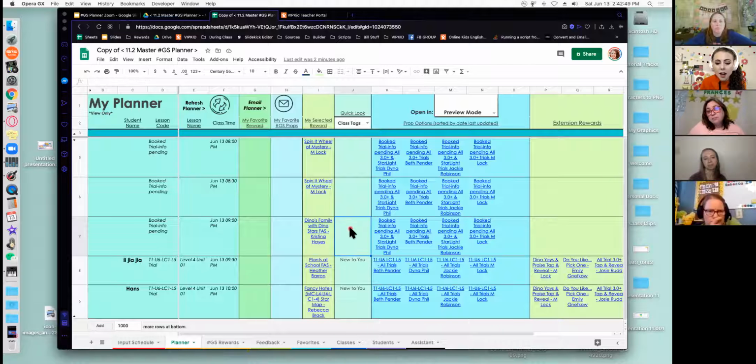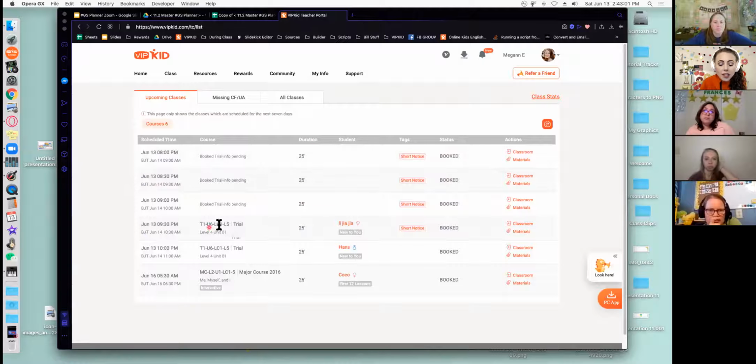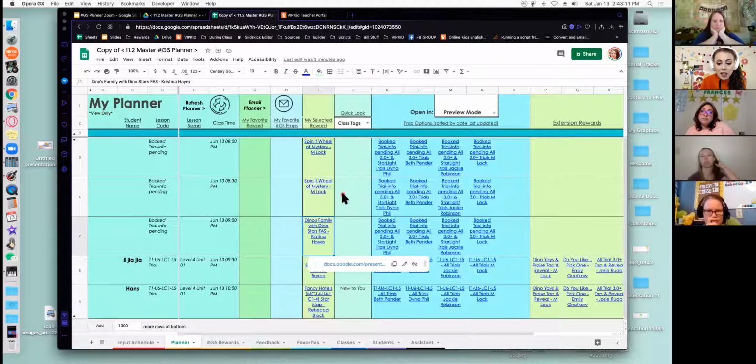So let's see, I've got my rewards selected. I've got my classes correct. Maybe it's 5 minutes before my classes start and I want to just really quickly scan over here and make sure that none of these lesson numbers have changed and compare it against what I have in my planner. And then everything looks good. Everything's matched. I'm ready to use all of these links in class,